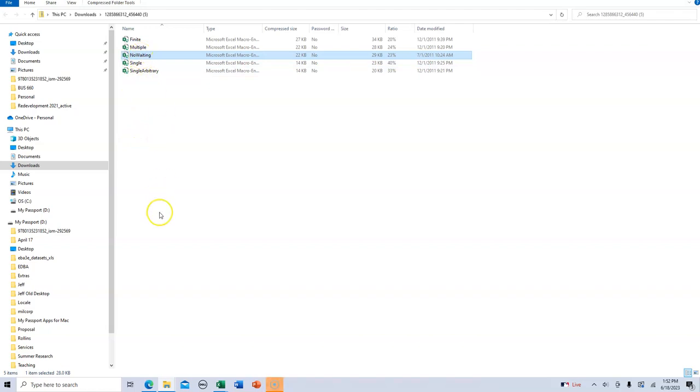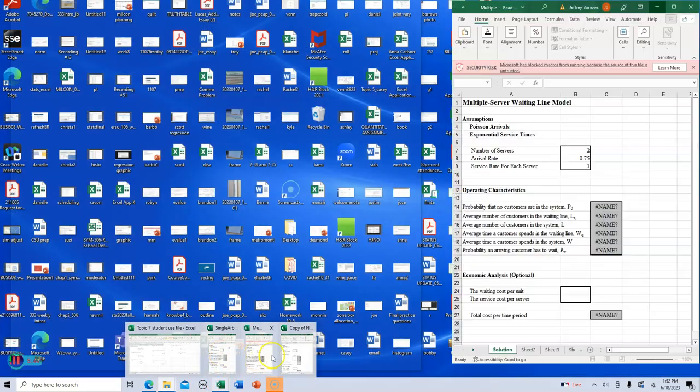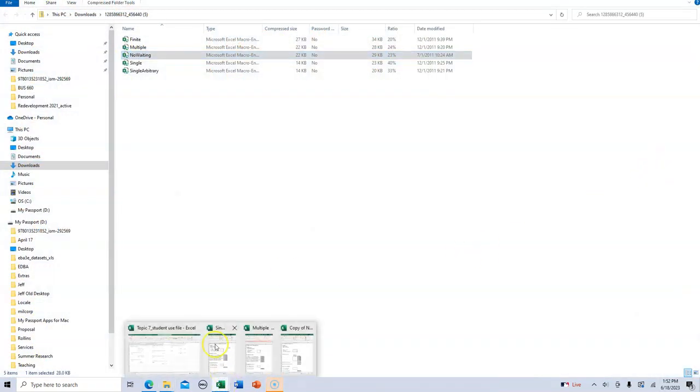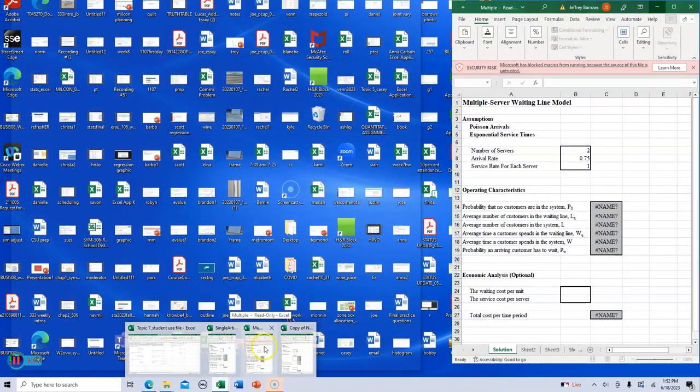And again, it was made clear that there is no queue here because there is no waiting. So let's see. I should say there is no extended queue for lack of better terms. Let me see. Multiple server. Yes, I think this is the one I have here. So if I go to multiple,